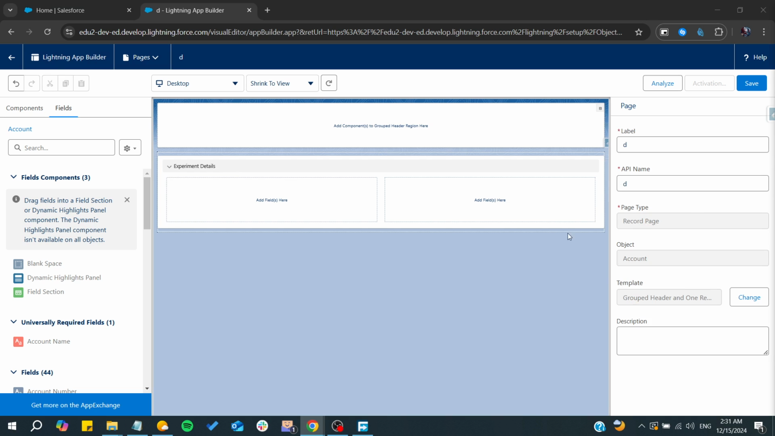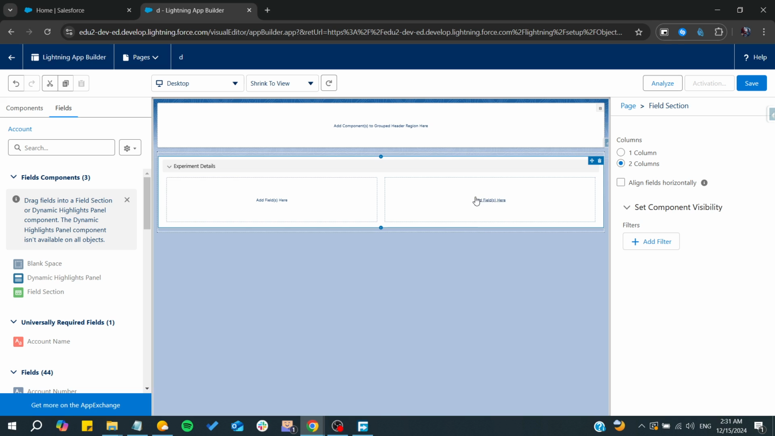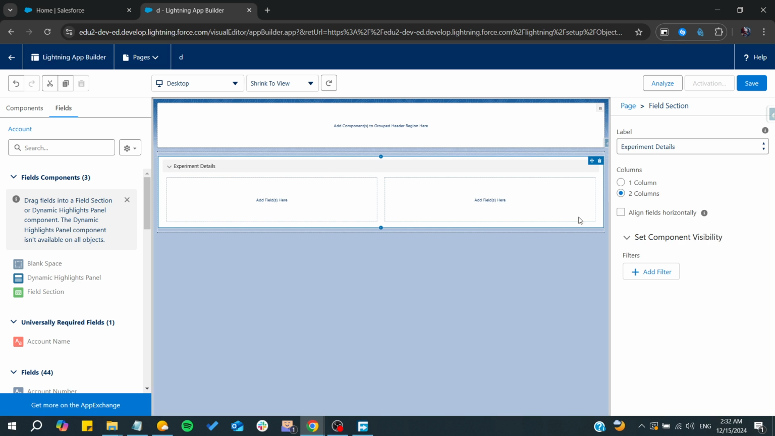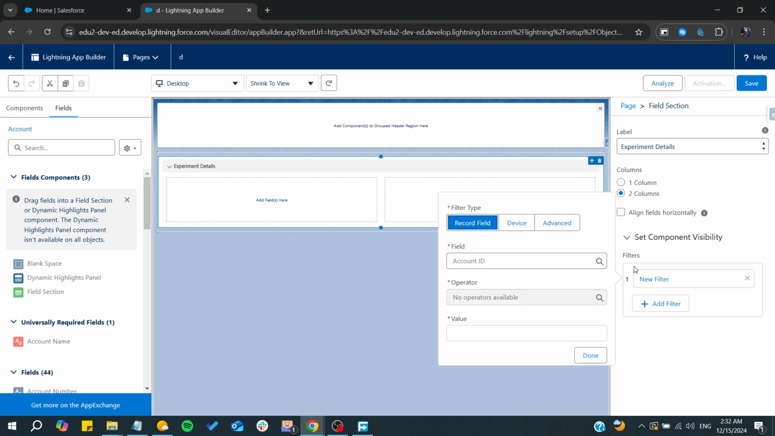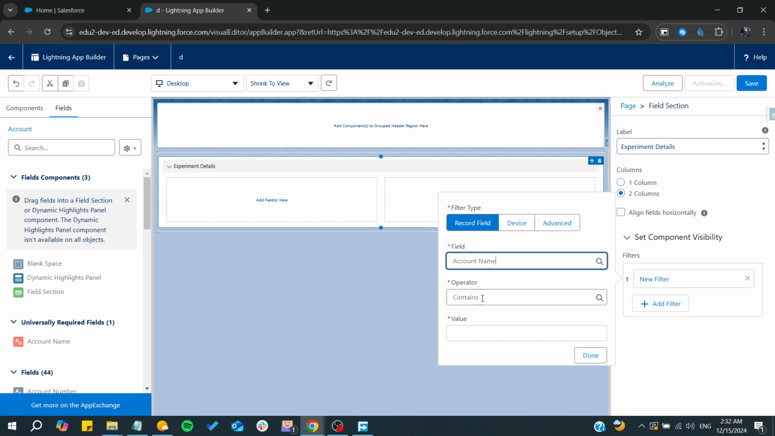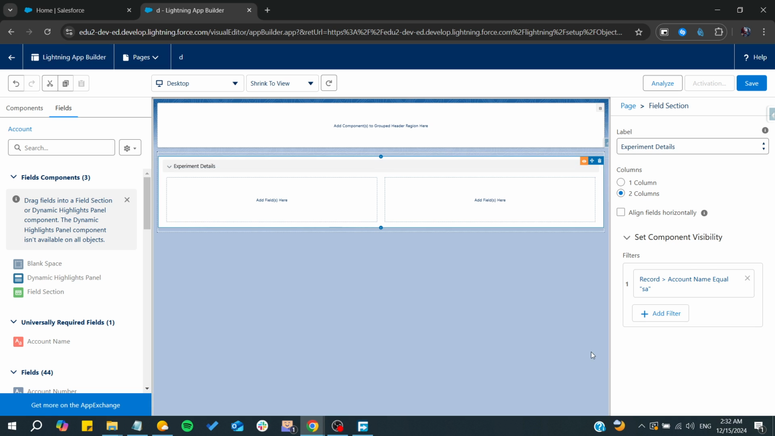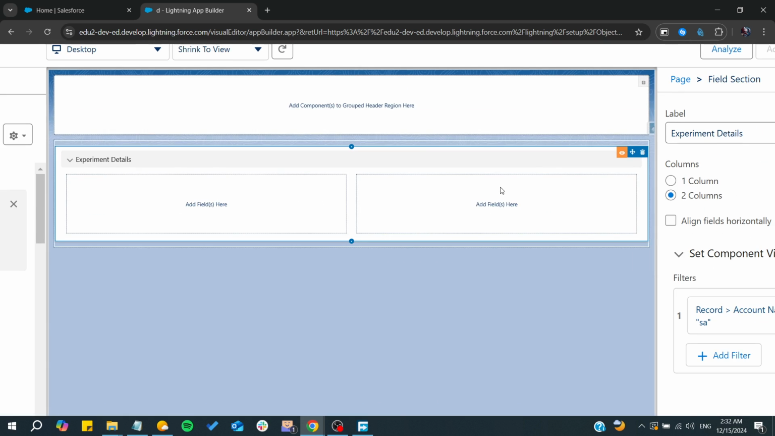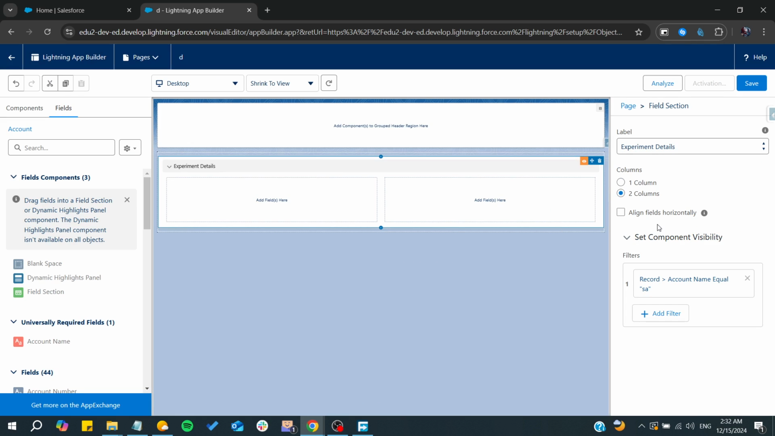Now we need to start adding our fields here, and basically we need to have some component visibility. You can add a filter. You can have either a device, actor, factor, or some field. It can be an account name, and if it's equal to, I don't know, SA, basically you need just to click on done. And whenever this